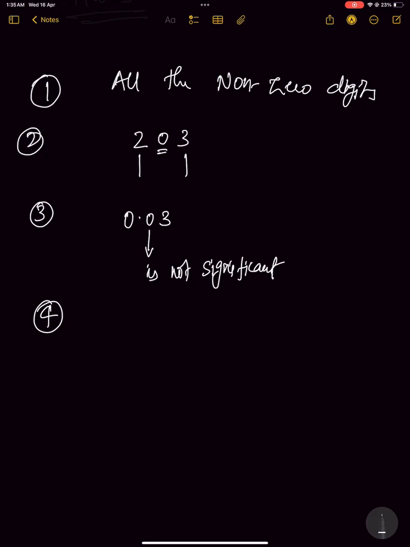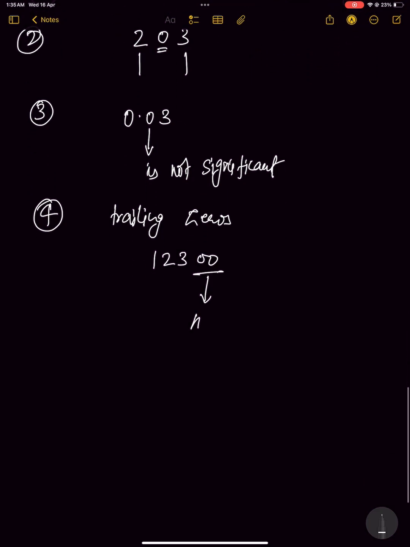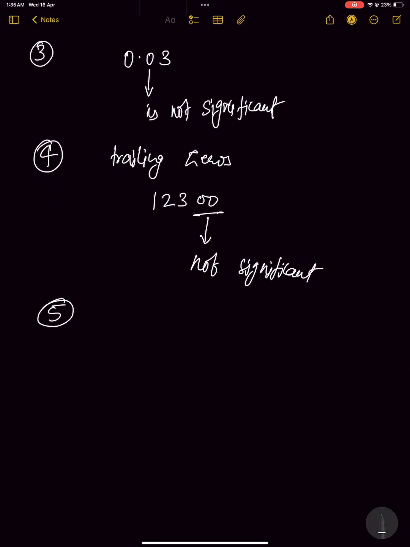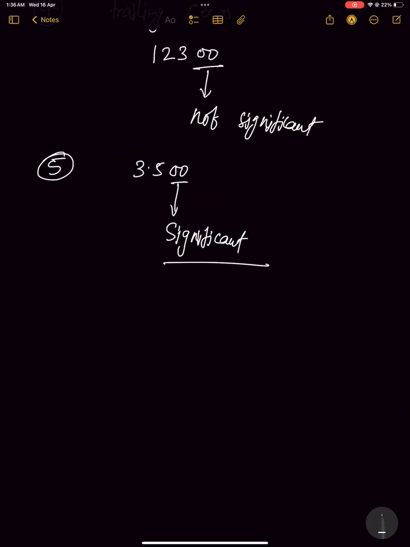The terminal or trailing zeros in a number without a decimal point are not significant. This is not significant. Fifth rule, the trailing zeros in a number with a decimal point are significant. These are significant. So there can be some confusion regarding the trailing zeros. Suppose length is reported to be 4.700 meter. Let's say length is equal to 4.700 meter. It is evident that the zeros here are meant to convey the precision of measurement